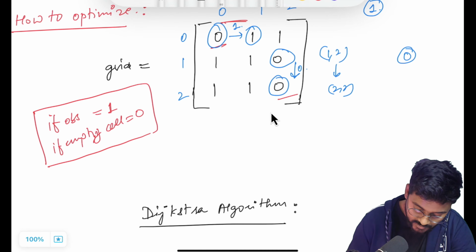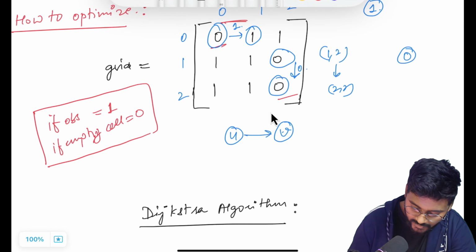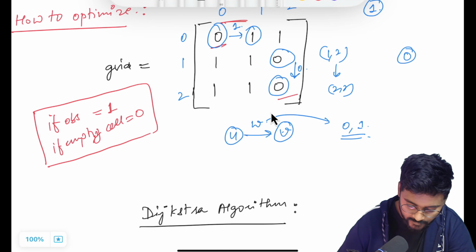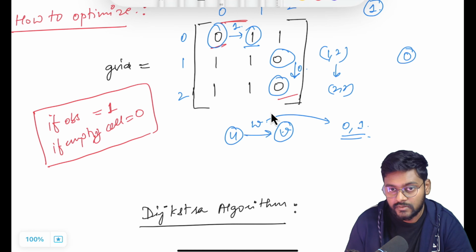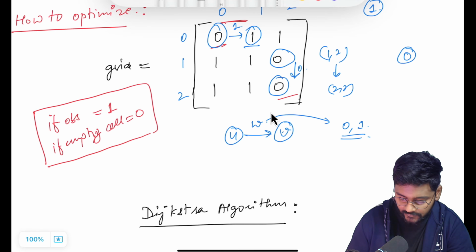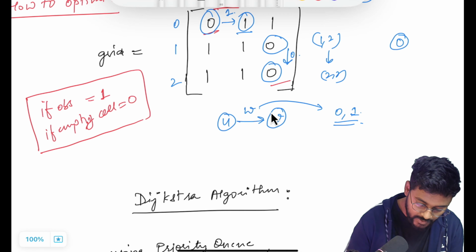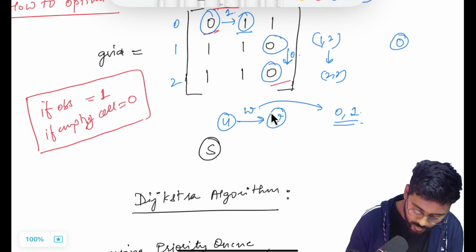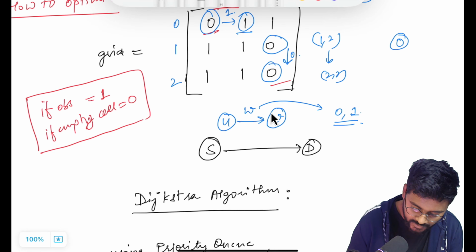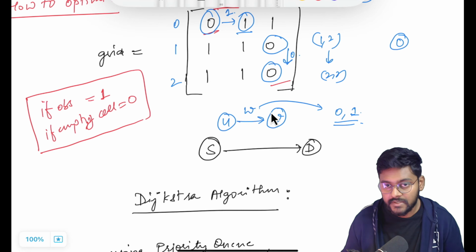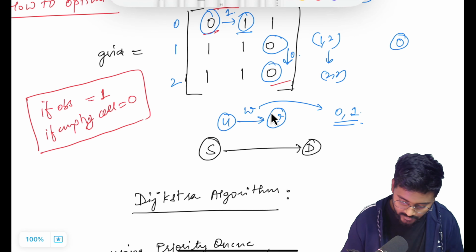So what I have done is I have converted this graph into a weighted directed graph where every edge from U to V is going to have some kind of weight. And the value of that weight can either be 0 or 1. If we are jumping onto an obstacle, then the weight will be 1. If we are moving onto an empty cell, then the weight is 0. So now the problem has changed to this one. We have to go from source to destination in a weighted directed graph where the cost of the path should be minimum. When we have to minimize the cost of the path in a directed weighted graph, we use Dijkstra